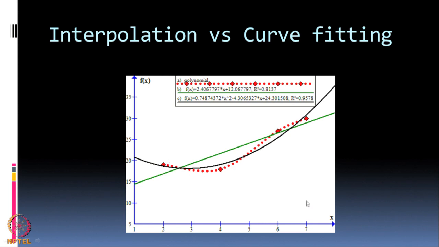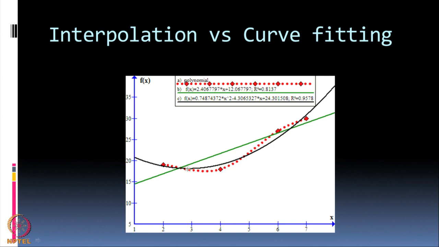Now, suppose I want the function not at 7, but at 8, that will be called extrapolation. Usually when I extrapolate, there will be much greater error in extrapolation than in interpolation, because what is the point in interpolation? If I have some point here, the neighboring points give me a good idea of what the function is going to look like. Whereas, when I extrapolate, I do not know the value of the function beyond that point. Or if I want to extrapolate on the lower side, suppose I want the value at 0.5, I have no idea what the function looks like at 1 or minus 1. So, the errors in extrapolations are usually much greater. So, interpolation is an extremely useful thing.